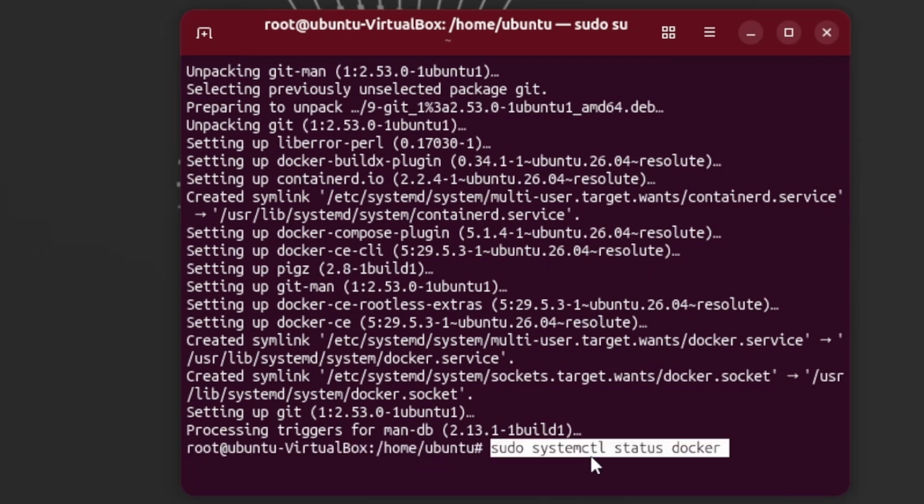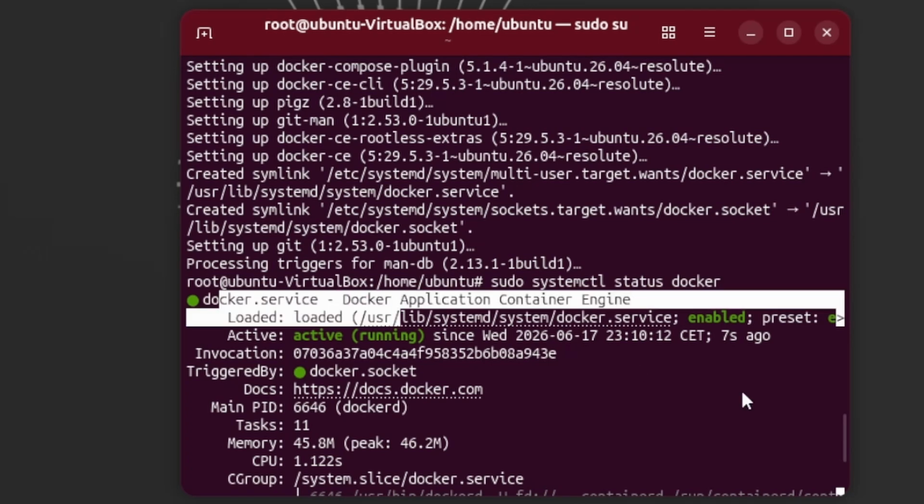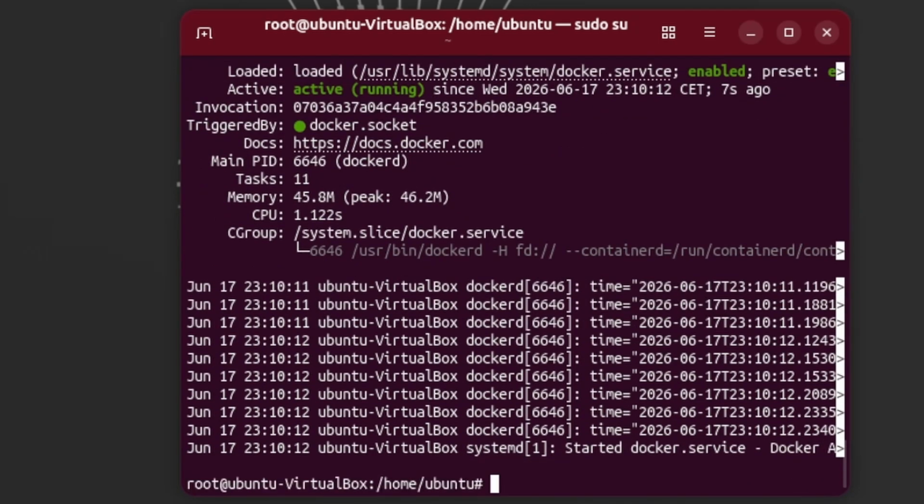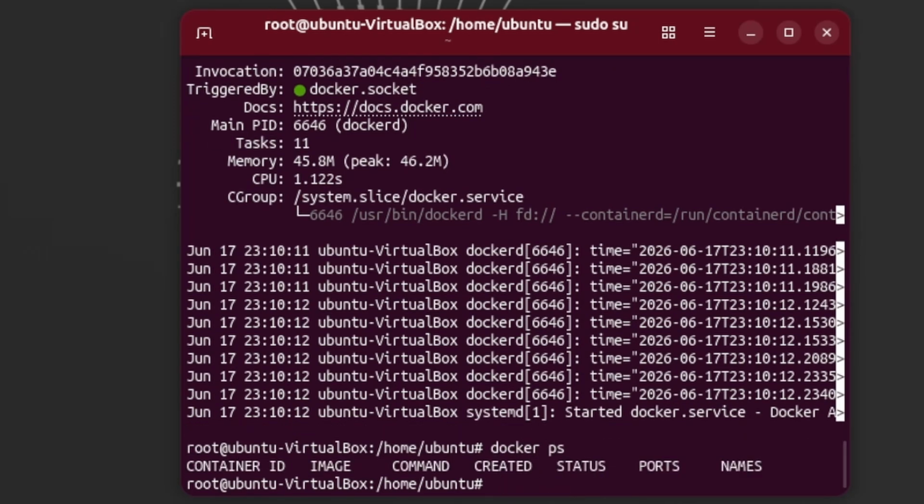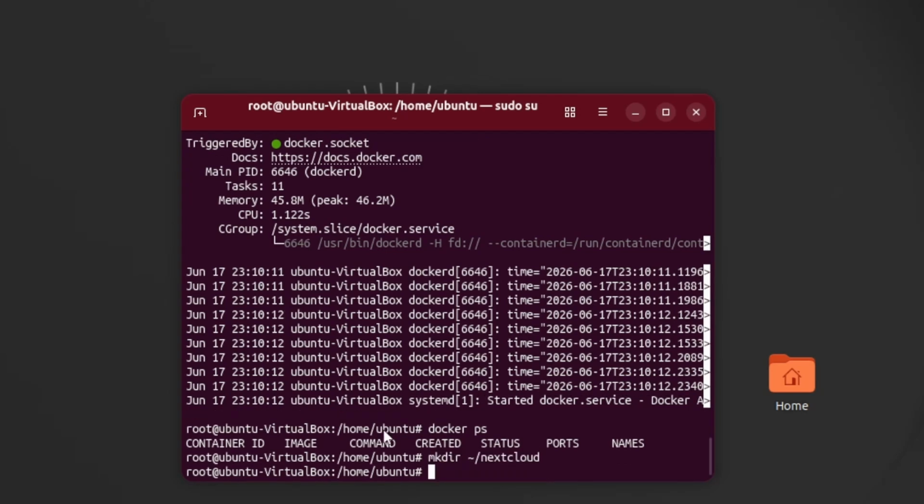After the installation is done, we're going to check if Docker is running. Okay, now you see it's running. Cool. Now we're going to install the Nextcloud server, aka our cloud server. Now we check Docker if there is any container. We don't have any actually. Now we're also going to make a directory for Nextcloud,